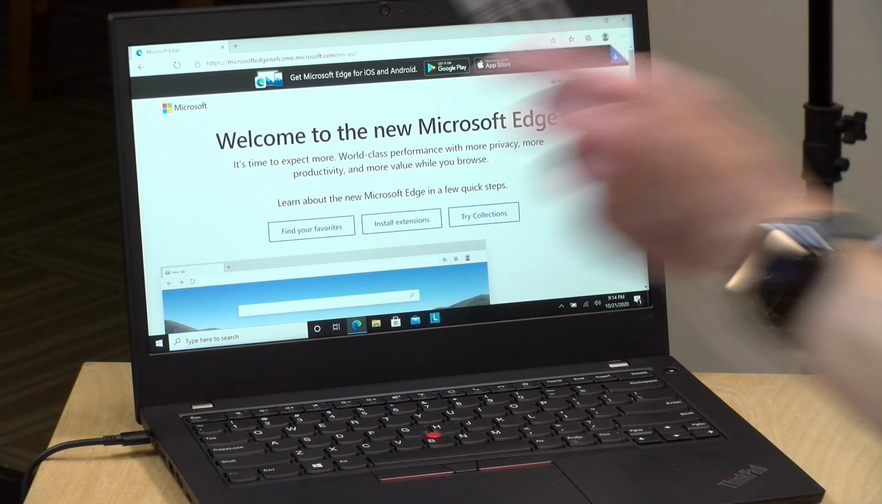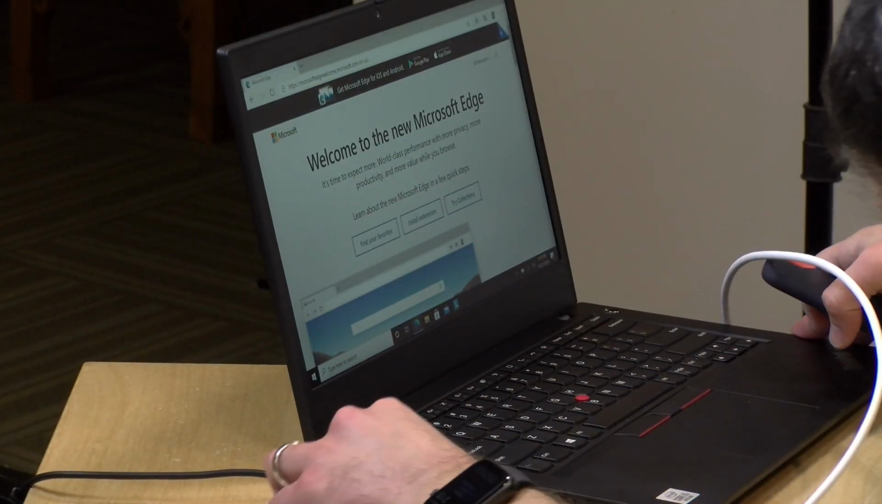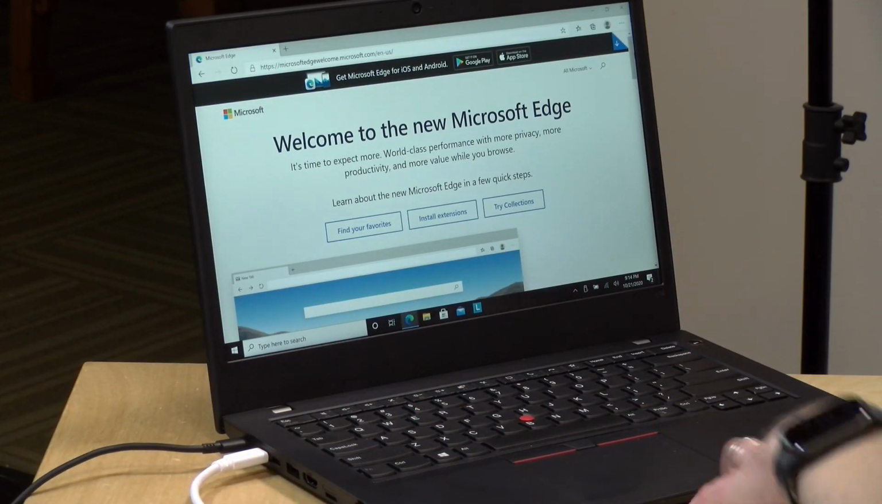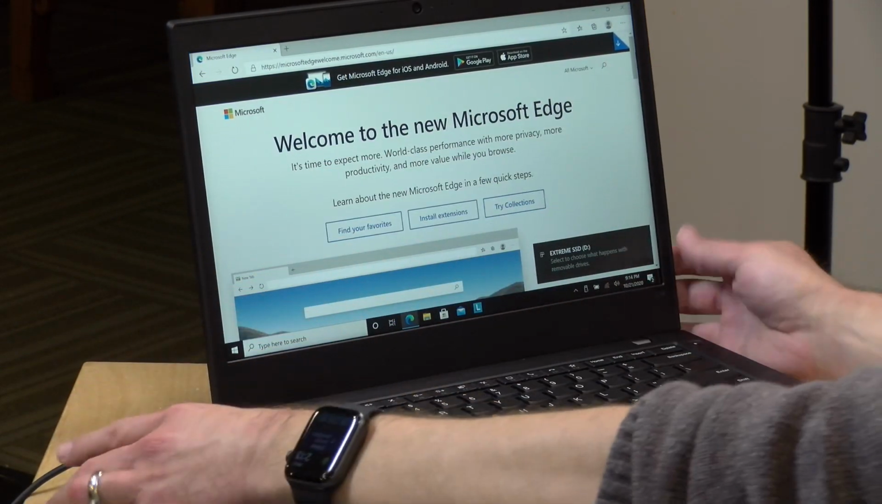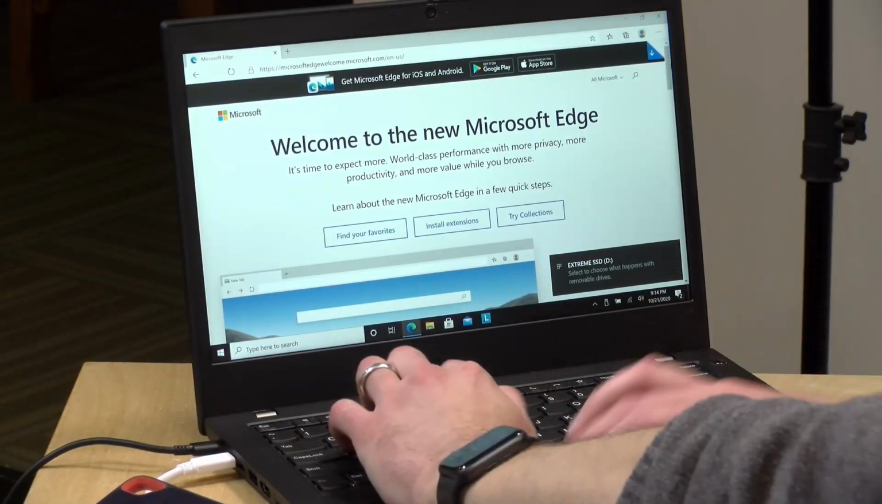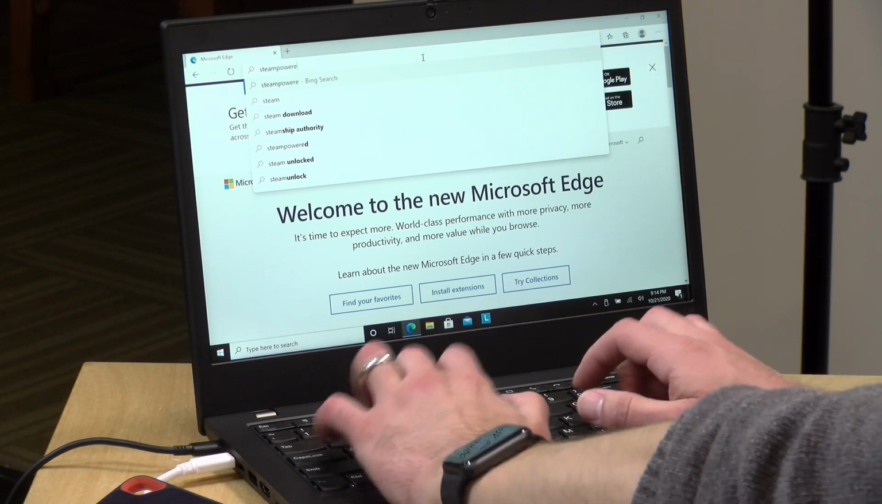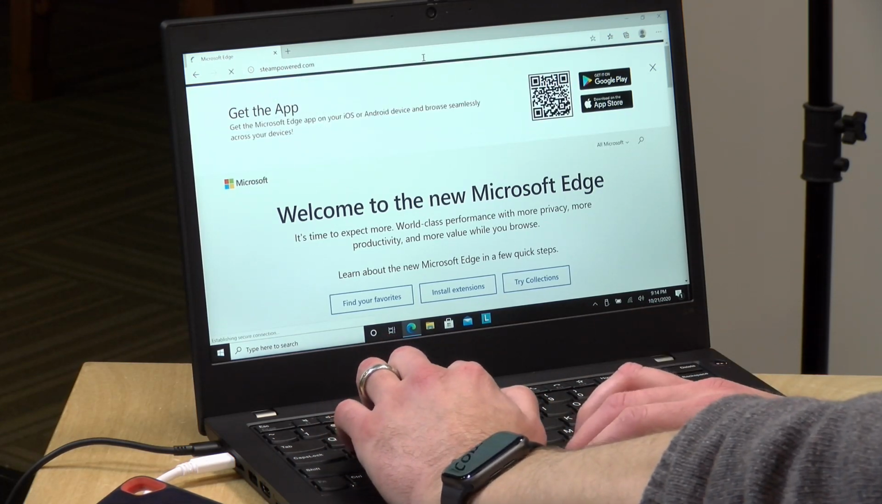And we're just going to plug in the hard drive here. And so when you have an external drive running Steam, you still have to download Steam, but you don't have to download the games again. So we're just going to go to Steam's website. And I think we're on the Wi-Fi, yep. So we'll just grab